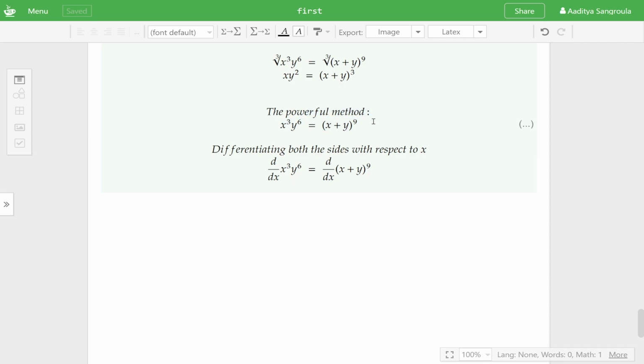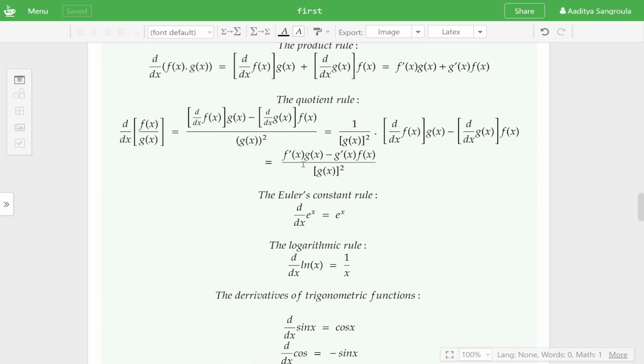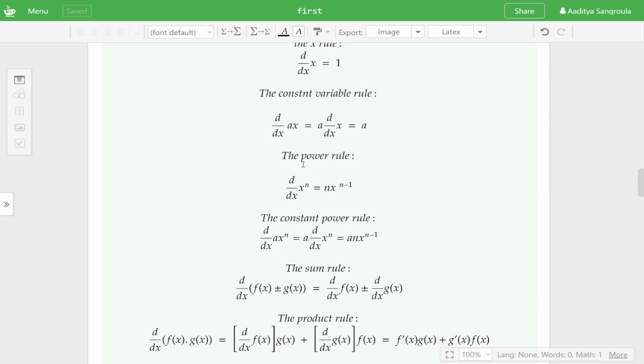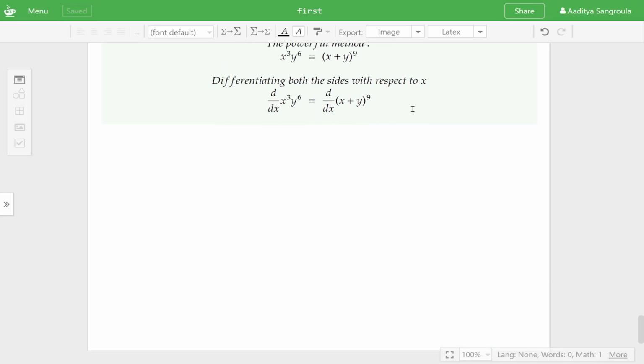I hope you get that, because if I change x, y is also changing, so I cannot use the constant variable rule for this. I think that's what it's called. Yeah, here it is. So we have to use some other approach in order to differentiate this function. Now, what do you think the approach can be? We can probably differentiate this function by using another way. So that way would be